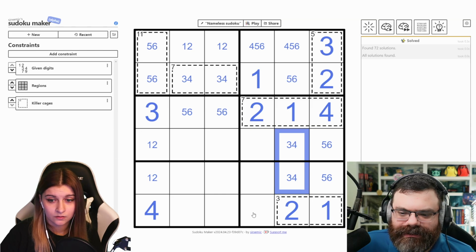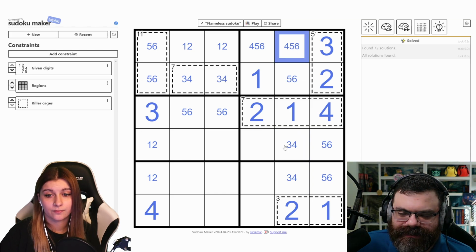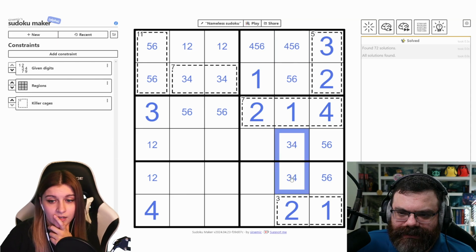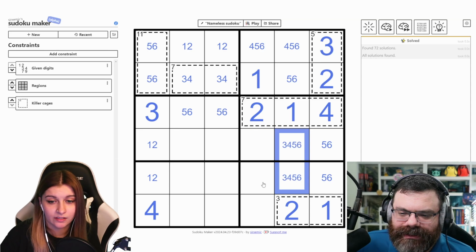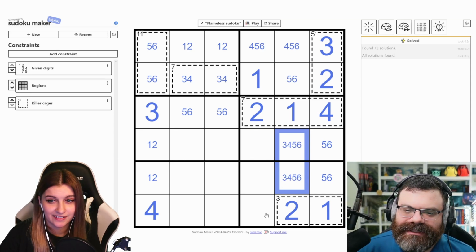Not quite. 3, 4, 5, 6 for the column. You do have a 4 in the box, but I forgot about that 4. This would still be a lot. 1, 2. So it's 3, 4, 5, 6. I'm debating if I would pencil that in. That's kind of a lot of numbers. But there is a 4 in the box. Basically, so